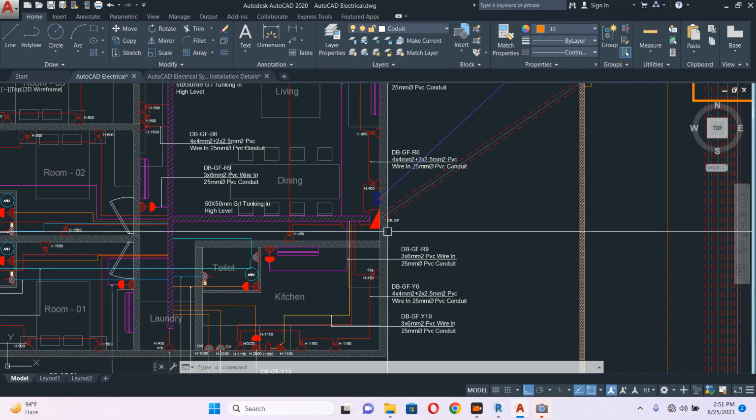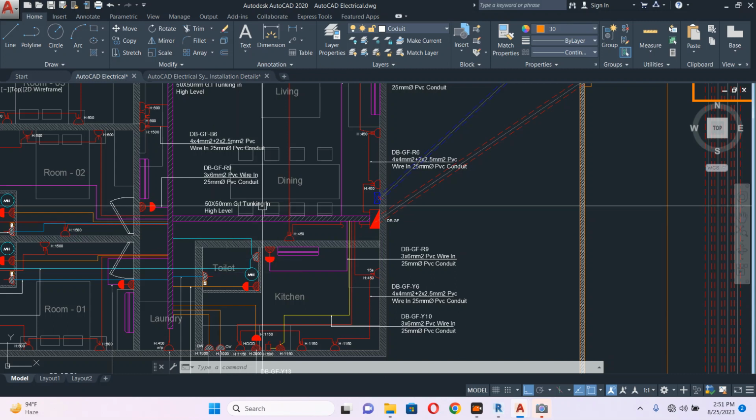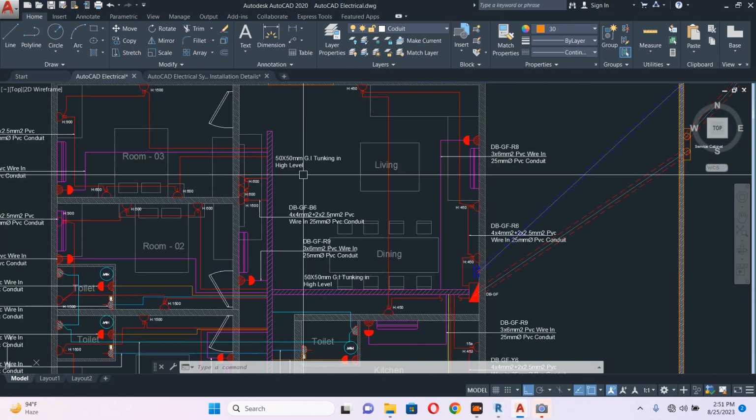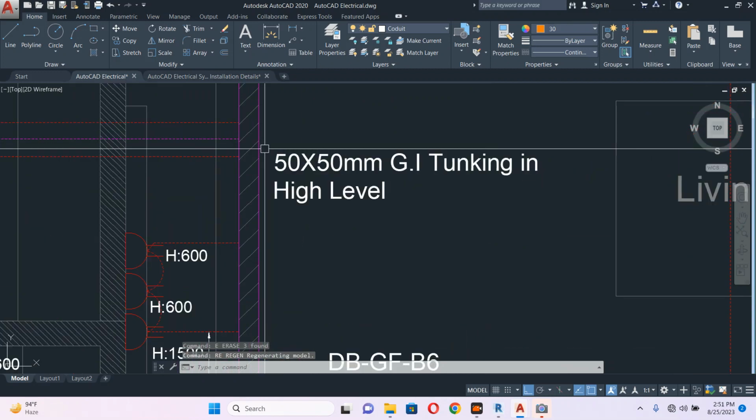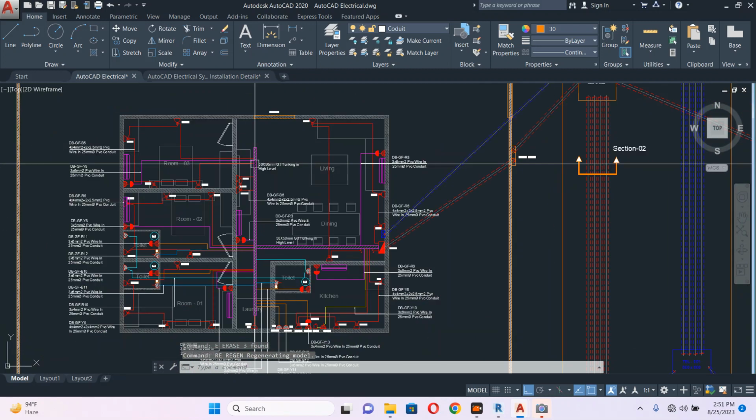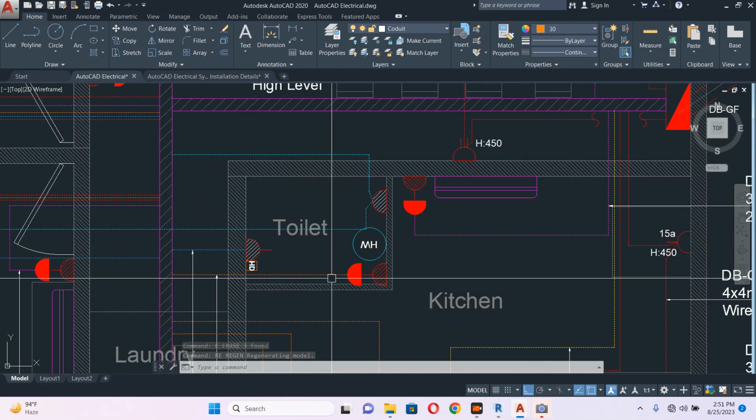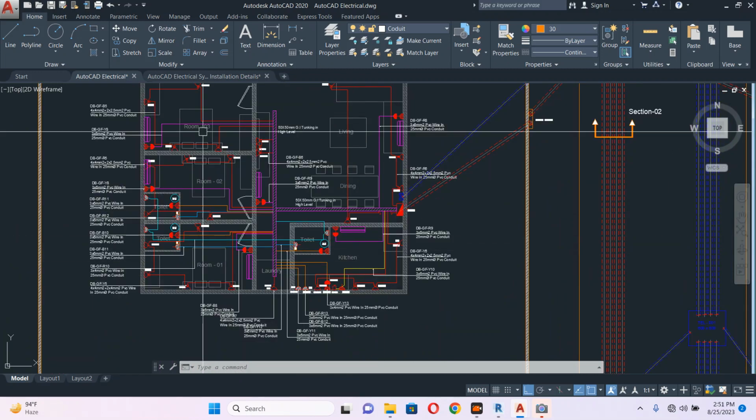From the DB you can use trunking. Important thing, trunking you can use if there is a ceiling. If there is no ceiling, you cannot use trunking. So all should be embedded. So this is all the services mostly we want,